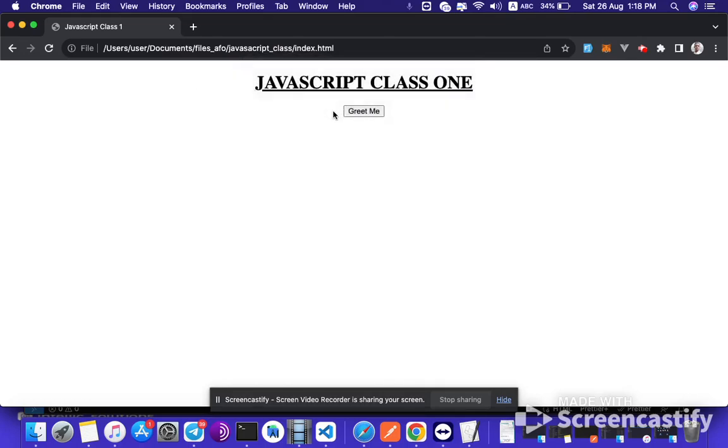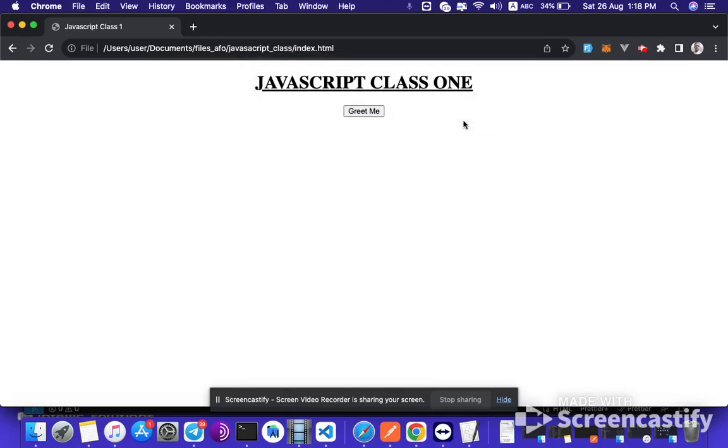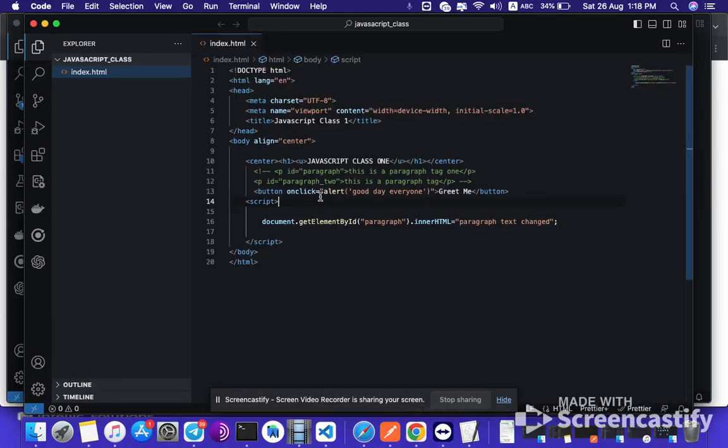So what I just did here: you should know JavaScript is with the behavior, how the website behaves. That's what JavaScript is about. It's about the behavior of the website. There's a function called alert, a predefined function in JavaScript. Anytime you call alert, it brings out a pop-up on the website, and anything you put in between here is what will show on the website. If I say hello, good afternoon,